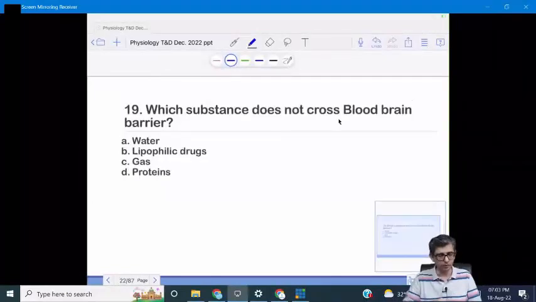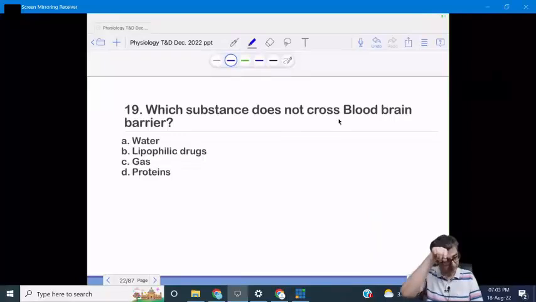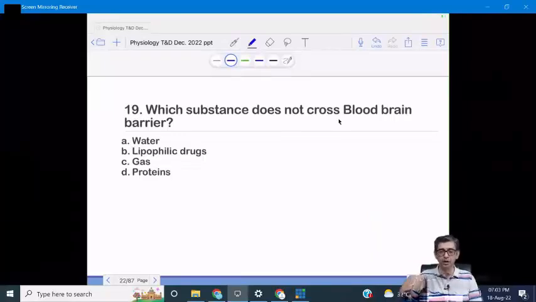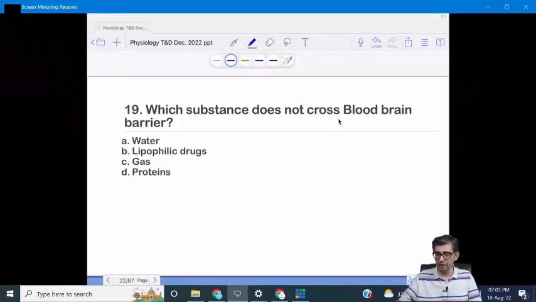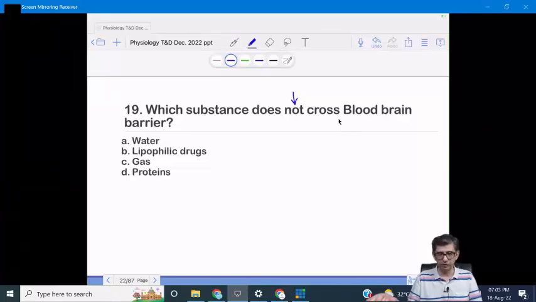Coming to question number 19. Which substance does not cross the blood-brain barrier? The word is "not" here. So the blood-brain barrier is freely permeable to glucose. It is permeable to water. But I think I've given half the inputs already. Because if I say anything else, then